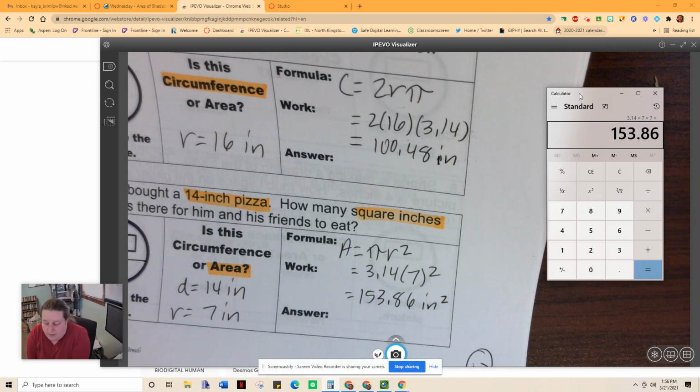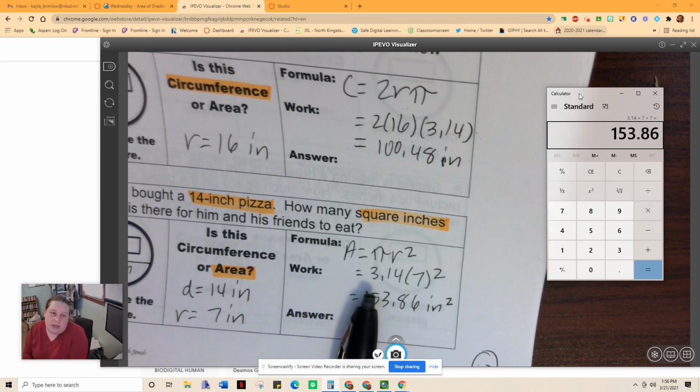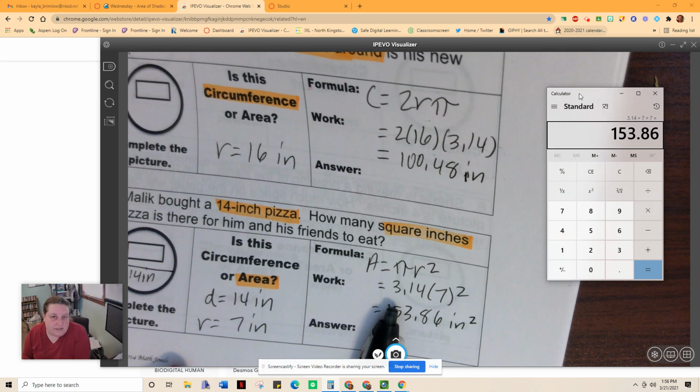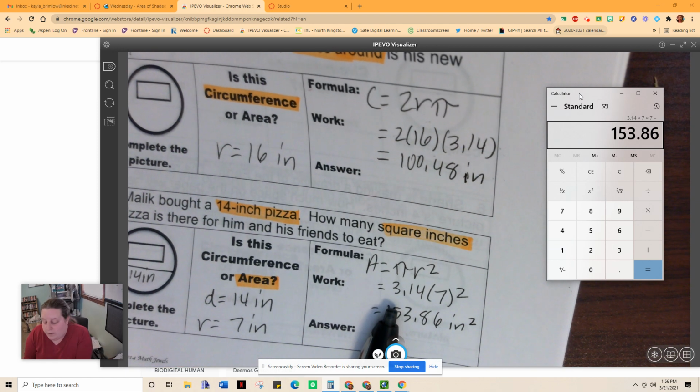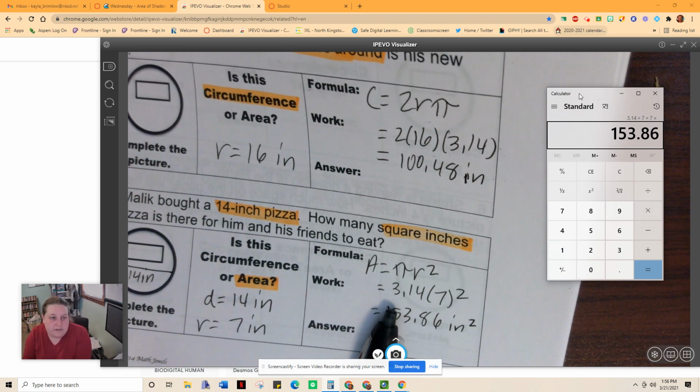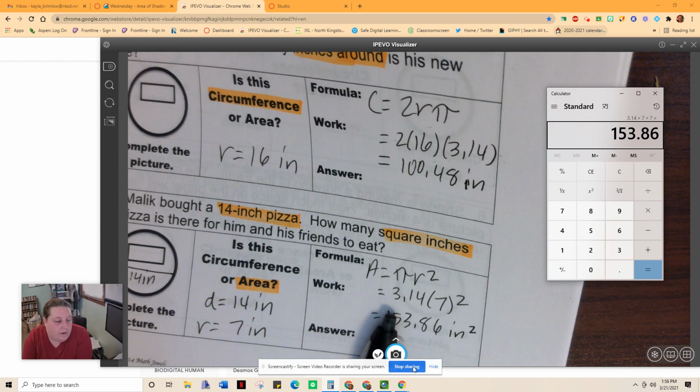153.86 inches squared. Okay. So go ahead and take a look at Canvas to see what your practice options are for word problems working with area and circumference. If you have any questions, let me know, and